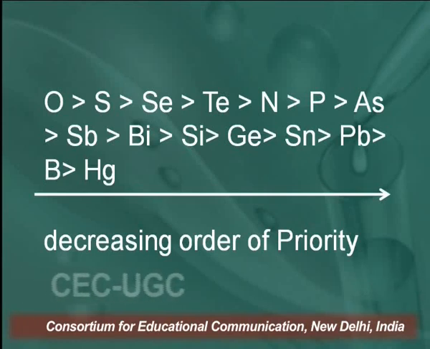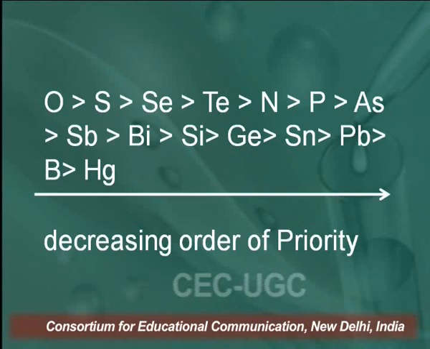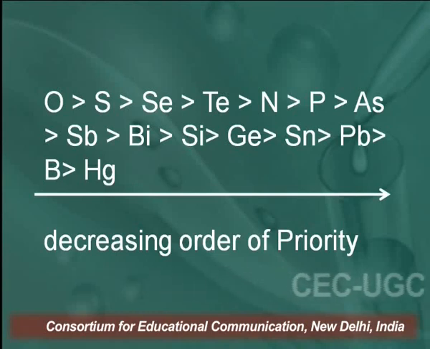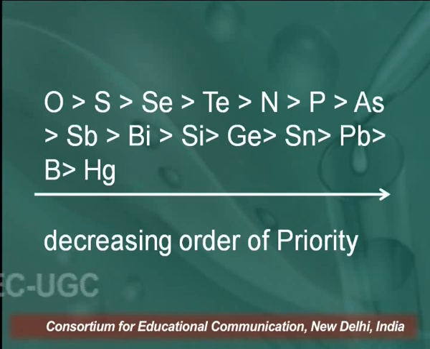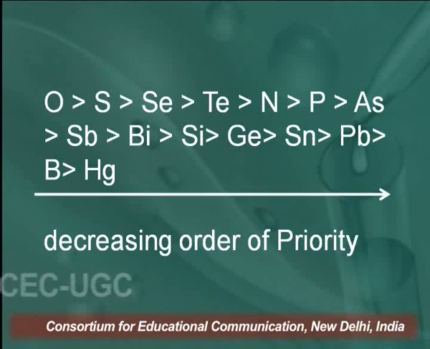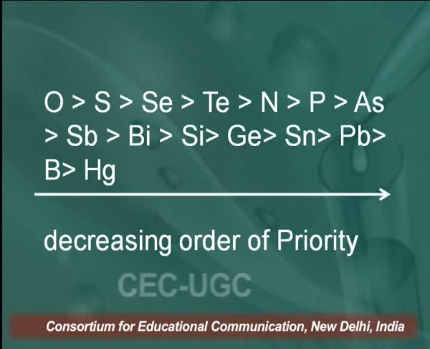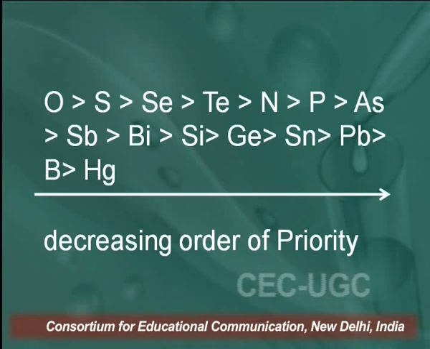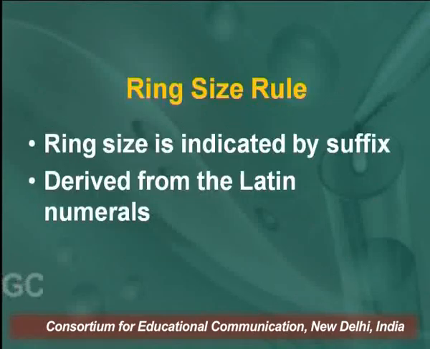I would like to explain over here. Suppose a 6-membered ring contains oxygen and nitrogen both. How will you give the prefix? This is the priority order. In priority order, the oxygen will come first, after that the nitrogen. So we have to see here prefix and order of priority.